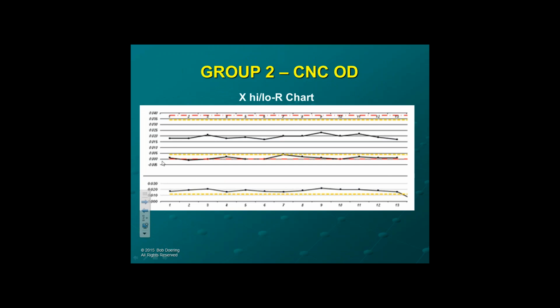First of all, look at the roundness. It's eating up about 50% of your tolerance. That is a very risky enterprise in and of itself. And the reason why the X-bar and R chart thinks it's not a problem is because it's picking data up anywhere in here for its data points. It's useless.